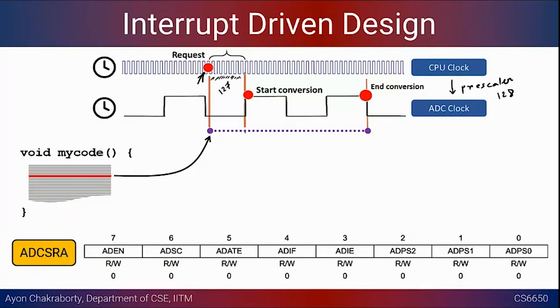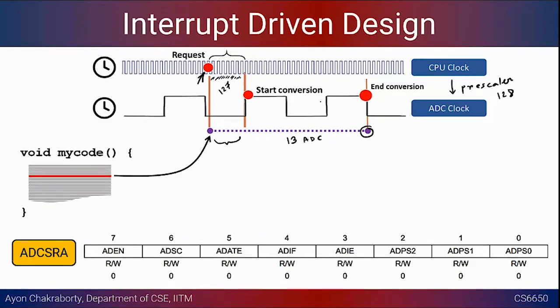Okay, and once the conversion starts, what we were doing is waiting till the end of conversion, because in this particular part we were waiting in a busy loop, so the CPU was busy. And once the conversion ends, we know this has ended from the while loop. That was our old design, and this is the time that was used for the conversion. So one is the initial part that was wasted before the conversion actually started. So this is till here, and then we actually had this typical 13 ADC clock cycles.